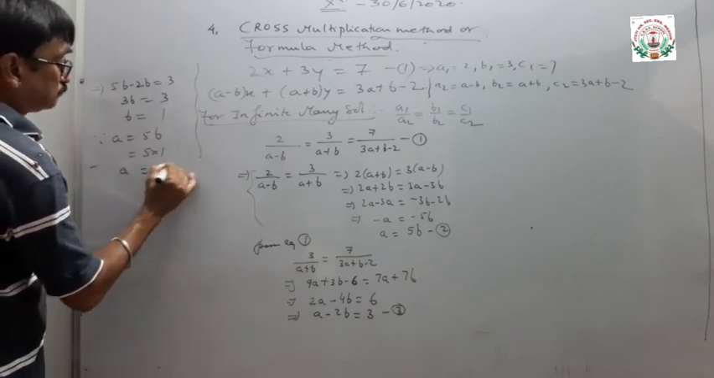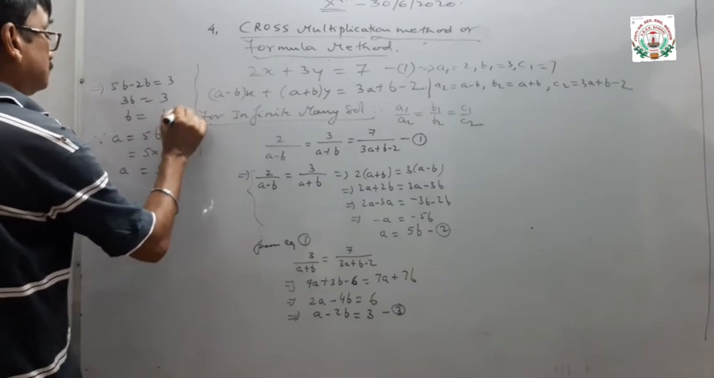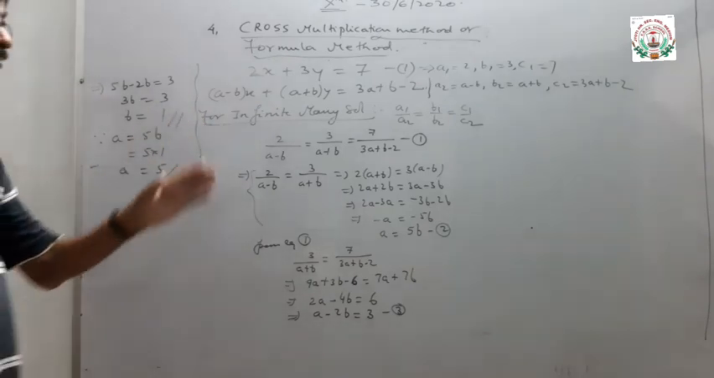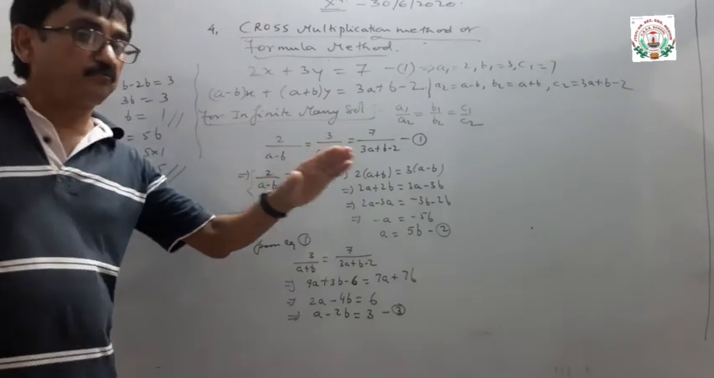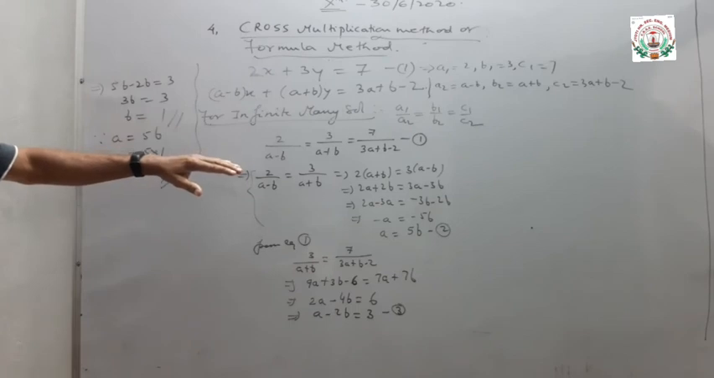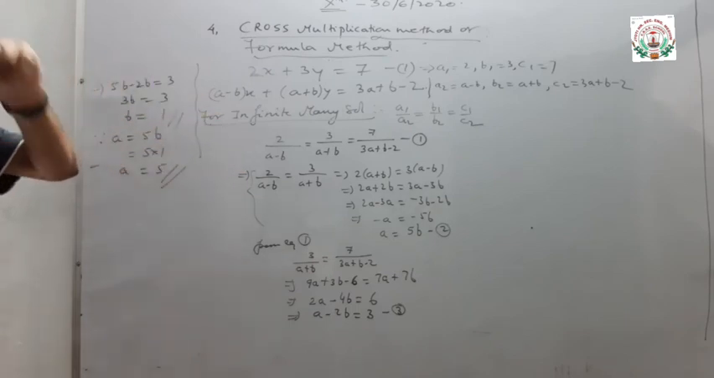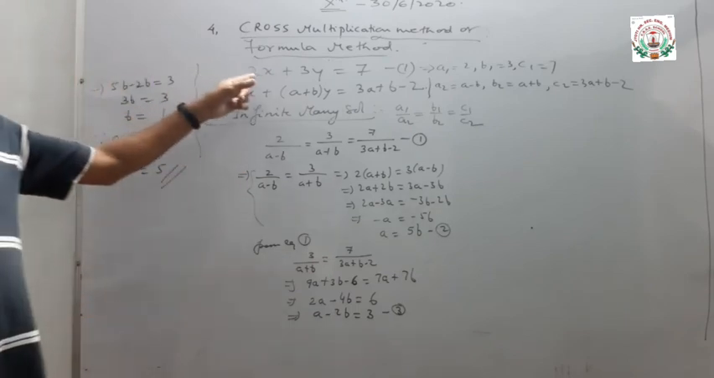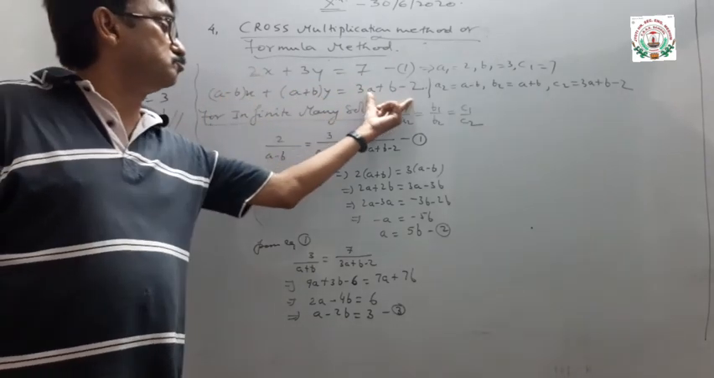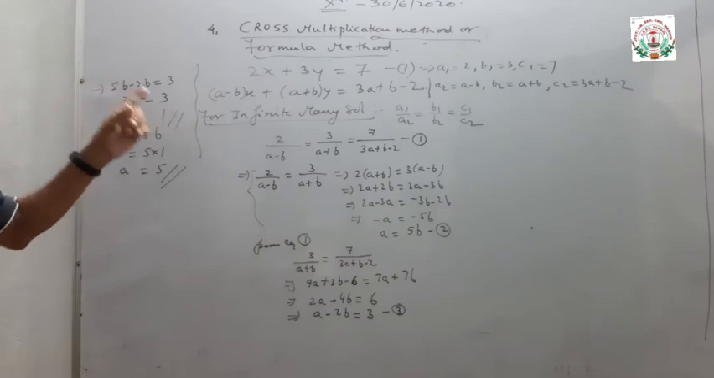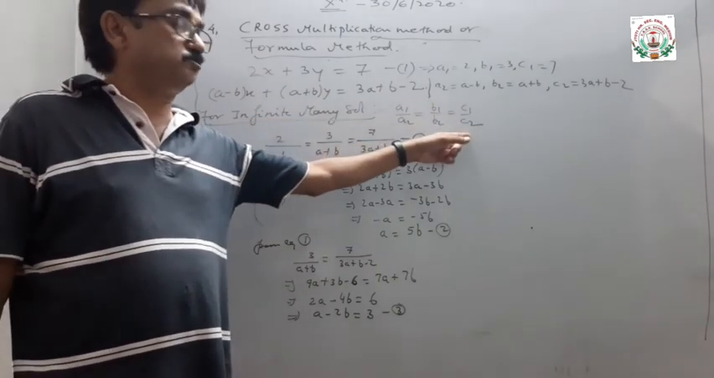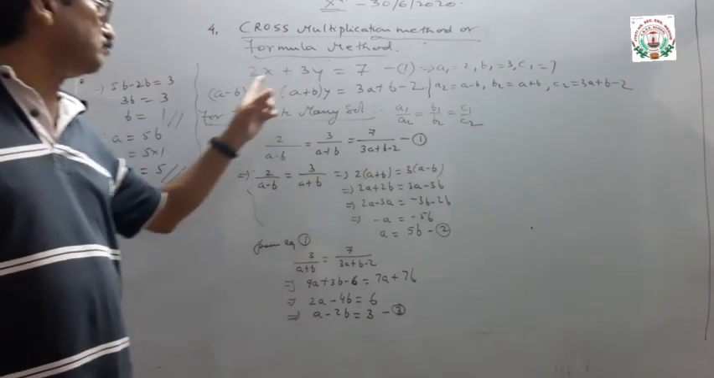So that is our answer। Once again you can listen carefully। Here it is given that you have to get the value of a and b for which the given equation will satisfy for infinitely many solutions। So first you compare a1 b1 c1, a2 b2 c2 and the condition for infinitely many solutions is a1 by a2 equal to b1 by b2 equal to c1 by c2।